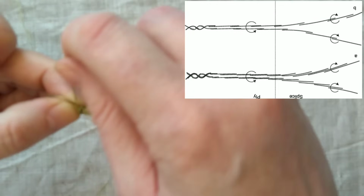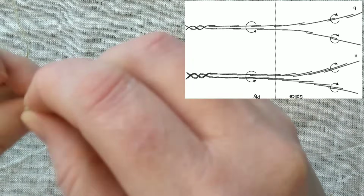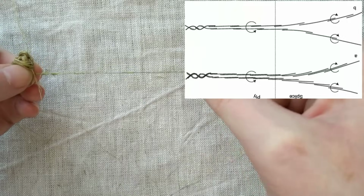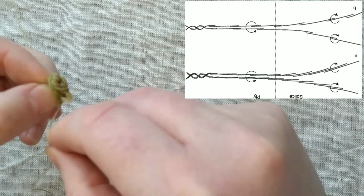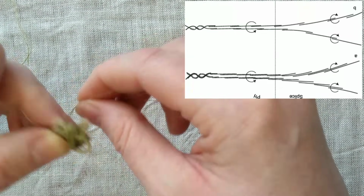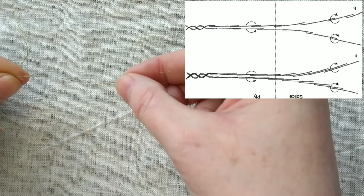Make yourself a little ball of the stuff. Which of course it's going to start very tiddly, but it will get bigger. So there's my very first splice about to go in, and actually I'm pretty pleased with how that's holding. It wouldn't take huge amounts of stress, but it's certainly holding together for light tugging. So I'll just wind that up until I get near the end, then I'd splice in another bit and keep